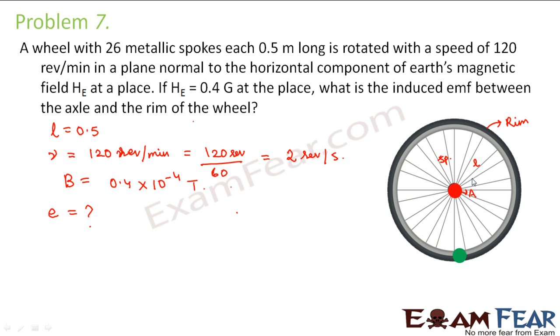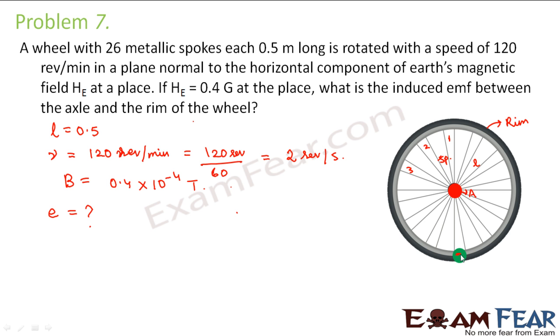So this is exactly the same scenario which we discussed in problem 2, where I told that there was a rod which was connected to a circular ring and the rod was rotated. So here also the same thing is happening. Only the difference is that in that case the area was gradually increasing and then it was decreasing. But in this case what is happening, as this first spoke, let us call this 1, 2, 3 and so on. So now the first spoke gets displaced, the second spoke also gets displaced.